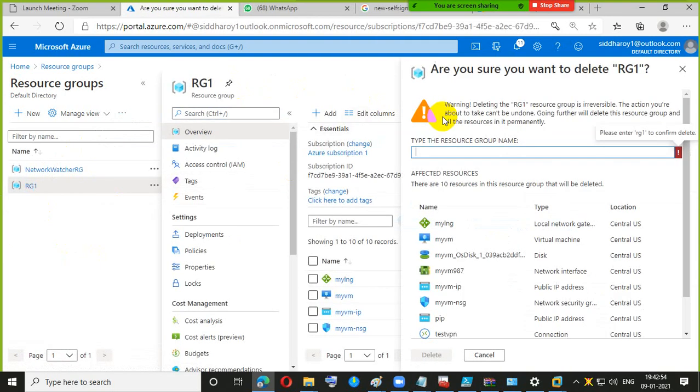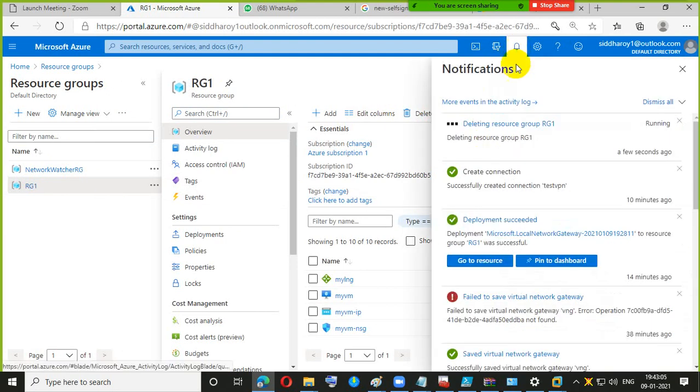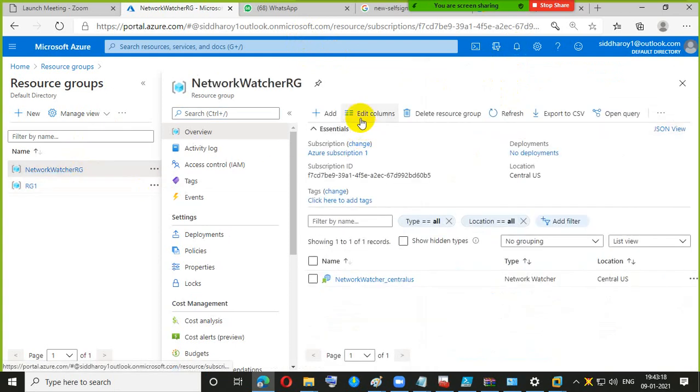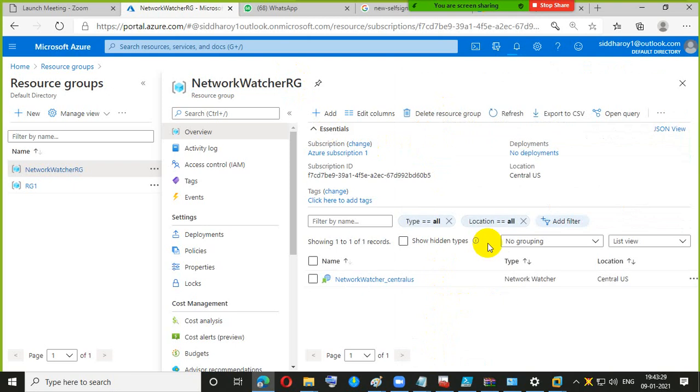So this is the big thing. After doing the practical, immediately delete the resource groups. Immediately. And do not close the portal as well. You got my point? If you close this portal, that doesn't mean it is deleting in the background. No, it will stop. So keep that portal open until the end. So many things you need to learn before you use it. It's just dangerous like snakes, I'm telling you. Okay, let it delete.